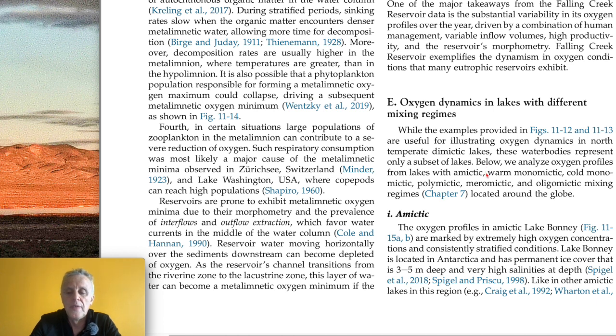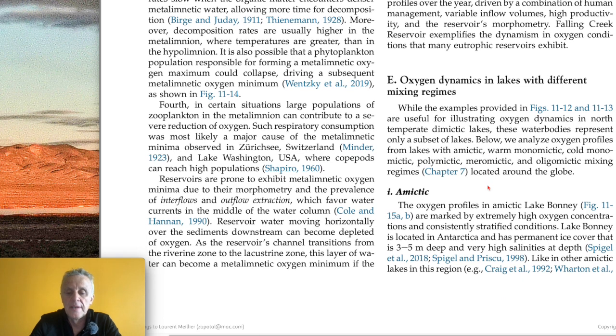While the examples provided in figures 11-12 and 11-13 are useful for illustrating oxygen dynamics in north temperate dimictic lakes, these water bodies represent only a subset of lakes. Below, we analyze oxygen profiles from lakes with amictic, warm monomictic, cold monomictic, polymictic, meromictic, and oligomictic mixing regimes located around the globe. Amictic. The oxygen profiles in amictic Lake Bonny are marked by extremely high oxygen concentrations and consistently